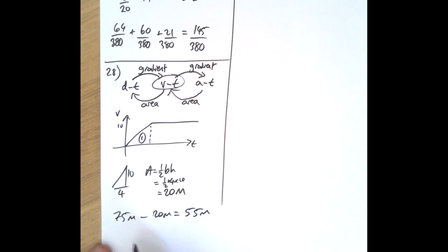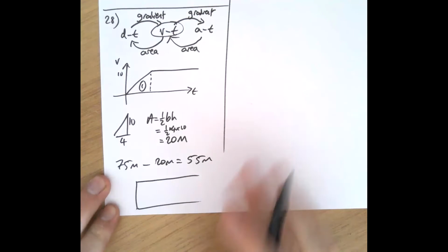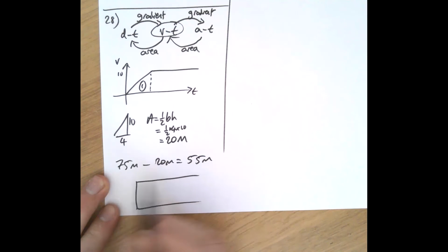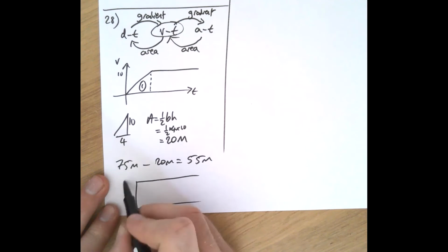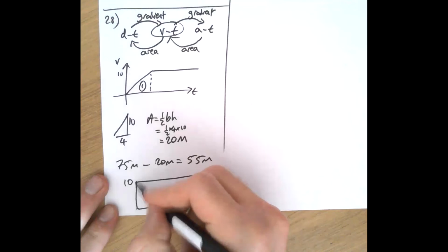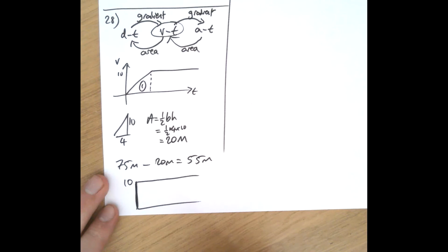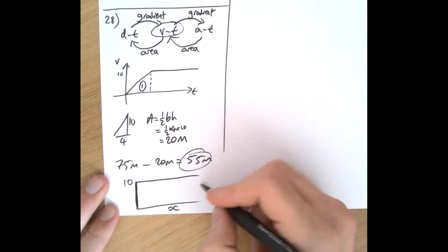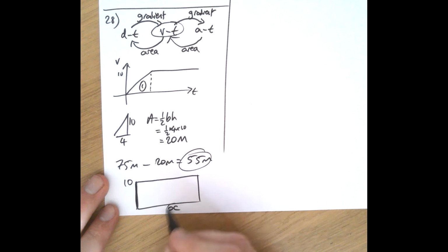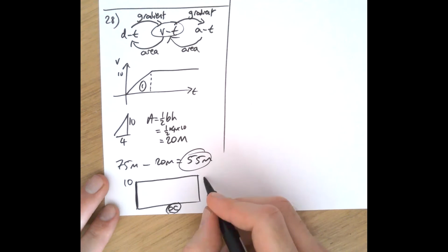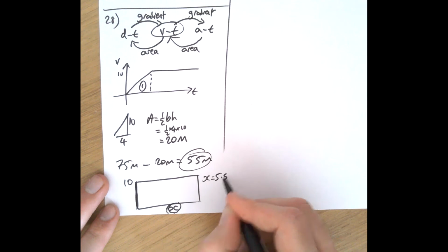Now we've got a kind of endless rectangle, haven't we? So we don't know exactly where we're going to stop this. Let me just zoom out a bit. Okay, so the top bit is at 10, so the height of our rectangle must be 10, but we only want to get 55. So what do I need to multiply by here to get 55? Well, you should hopefully see that you're going to do 55 divided by 10. So x is going to be 5.5